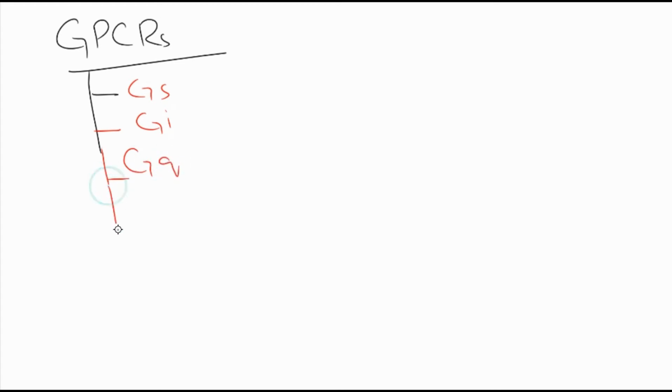G-protein coupled receptors. Now there are many types of G-protein coupled receptors like G-stimulatory, G-inhibitory, GQ, G0, and so on. But we will discuss only these four types of receptors. Now starting from the G-stimulatory,